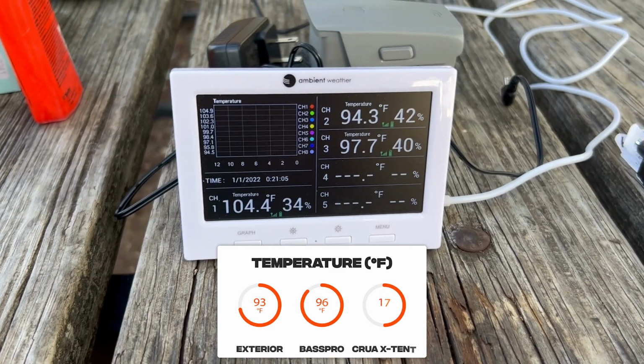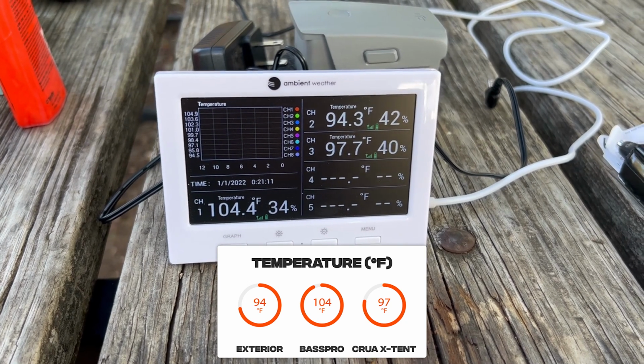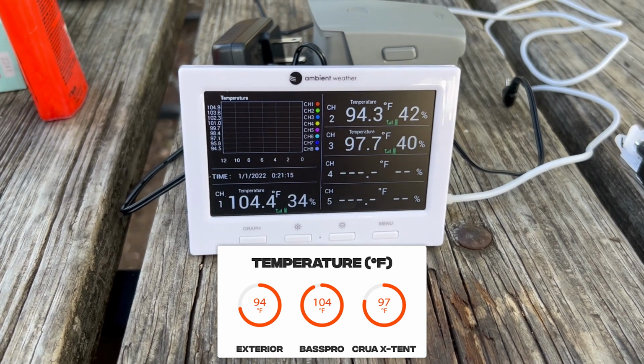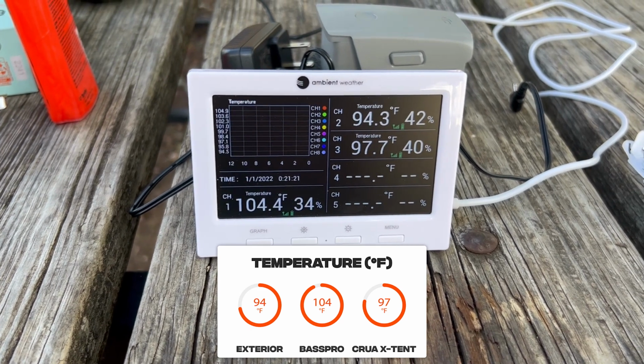Okay, so last results of the day. Outside air temperature 94.3. For some reason the time and date have reset themselves here. I think I knocked it off the power bank, and as soon as the power comes or goes, it seems to cut or reset itself. Anyhow,